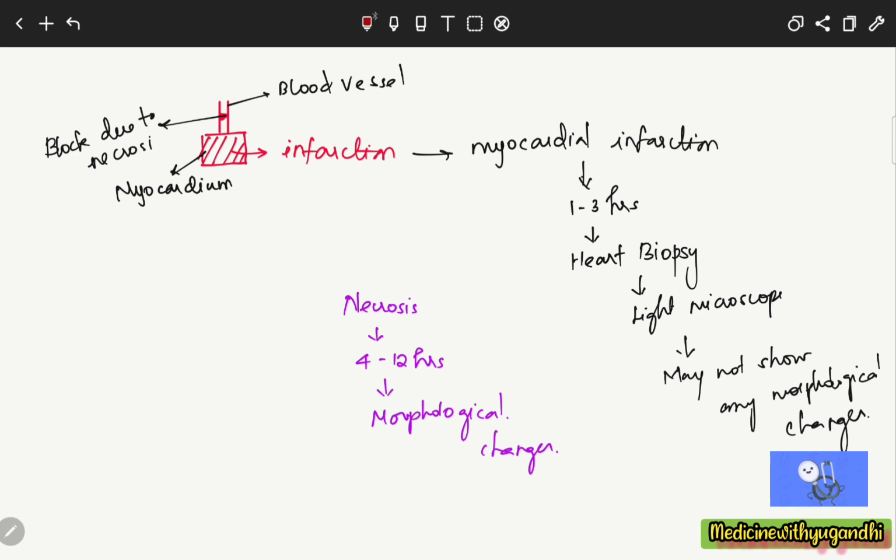What I mean here is that if the necrosed cell is observed under the light microscope, it may not show the morphological changes. That is, it may not be more eosinophilic in nature. Of course, it may take less eosinophilic stain, and the nucleus may be intact so that it takes basophilic stain. But the hallmark change of necrosis takes place. What is the hallmark change? It is the cell membrane disruption.